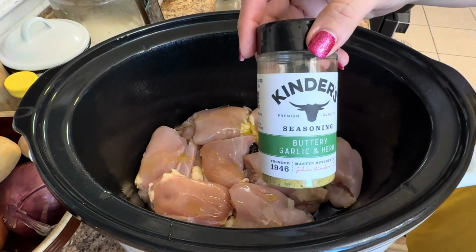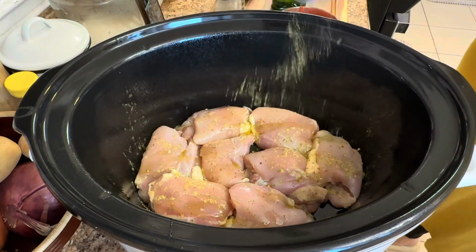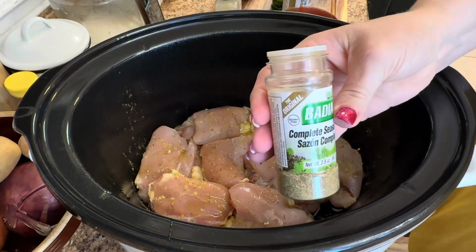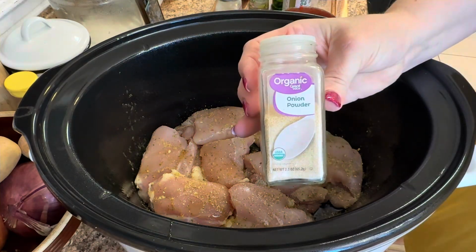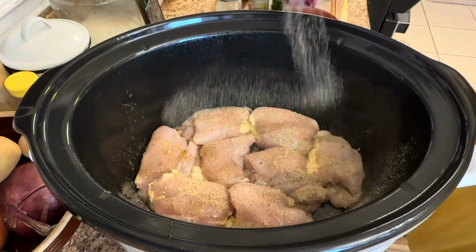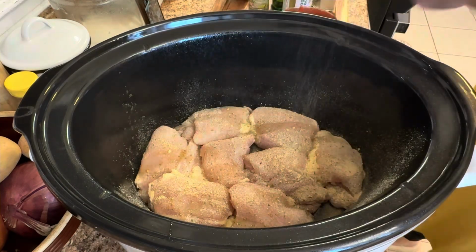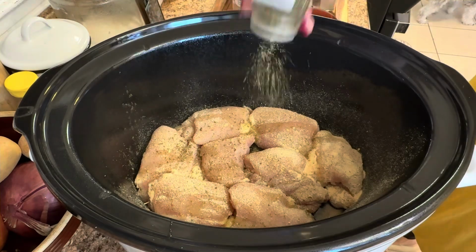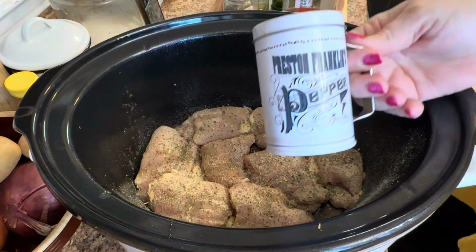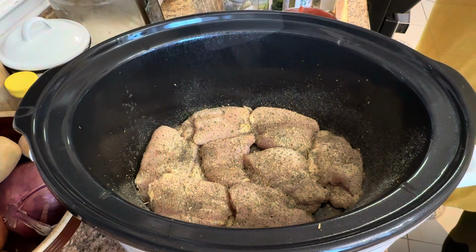Once you have your chicken thighs in there, you will drizzle about a tablespoon of olive oil over the top and then season it with some Kinder's buttery garlic and herb, some Badia complete, of course, and you've got to have the onion powder and garlic powder. So those two things are next, about a half a teaspoon to 1 teaspoon each of those. Then you're going to come in with 1 tablespoon of Italian seasoning, a half a teaspoon of black pepper,